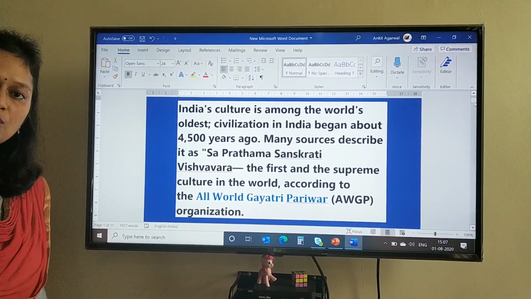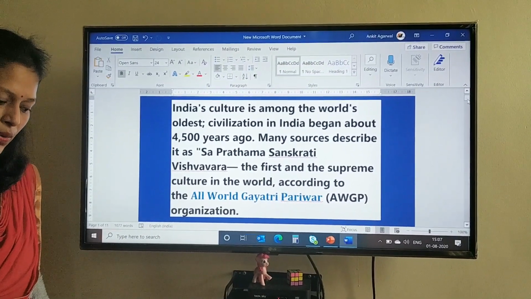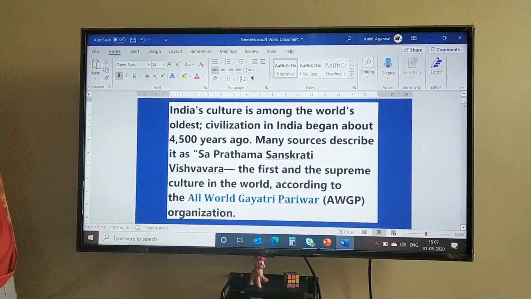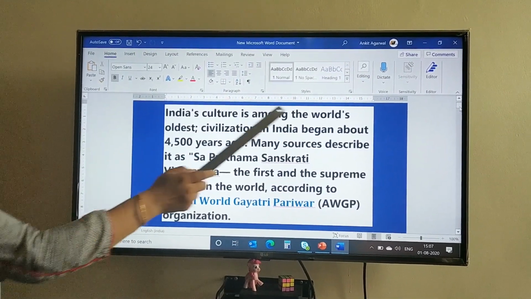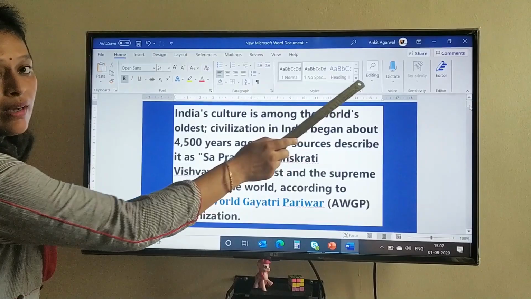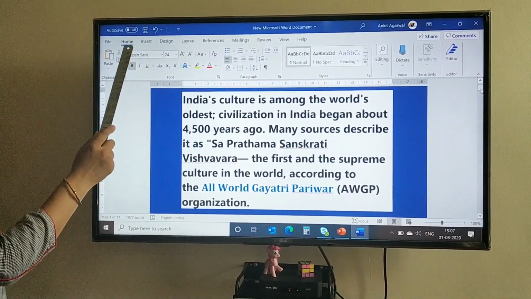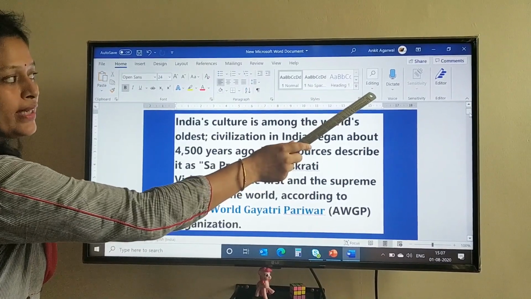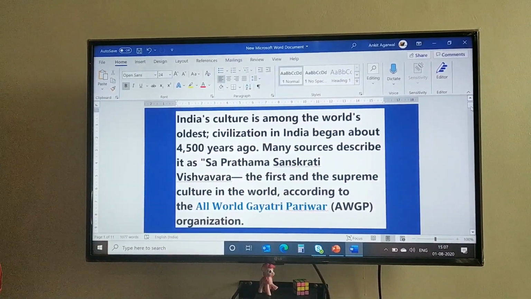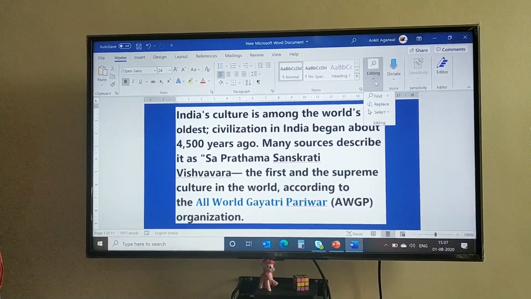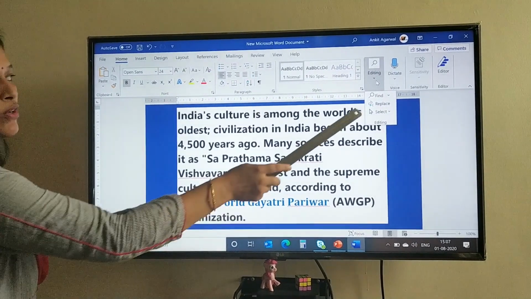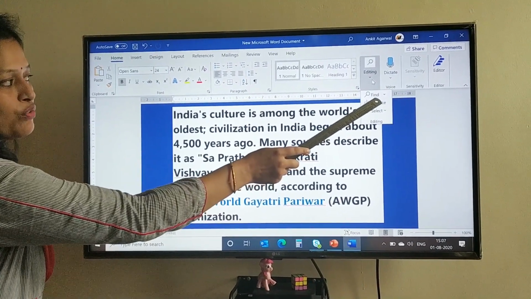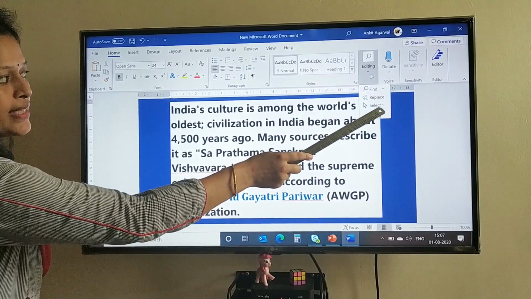So how will you do the find option? First you will click on the Home tab. Then there is the Editing group. After clicking on the Editing group, a drop down menu will appear and there is Find, Replace, Select.